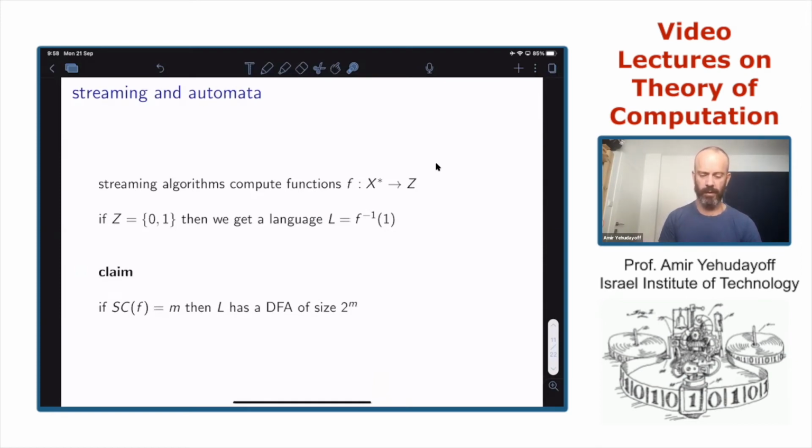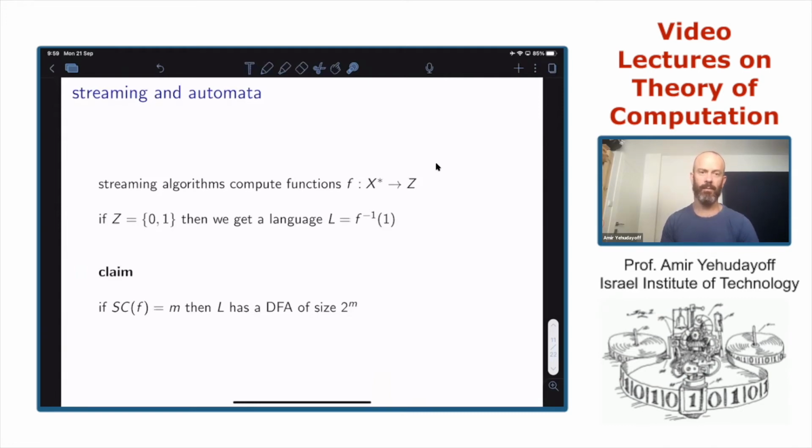The goal of a streaming algorithm is to compute a function from finite sequences to some domain Z. And if this domain Z is the numbers 0 and 1, it is a Boolean function, then this function corresponds to a language. For example, the language of all the strings that are mapped to 1 via f. So a Boolean function and a language are the same thing.